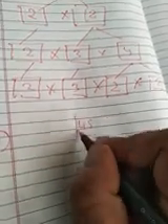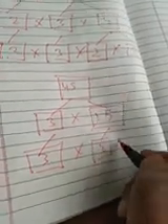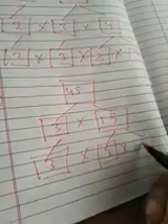Question number 6, second part, 45. Now 45 can be written as 3 into 15. 3 will remain the same. Now 15 can be written as 3 into 5. 3 3s are 9, and 9 5s are 45. Now the C part you can do as homework. Now move to the next question, question number 7.